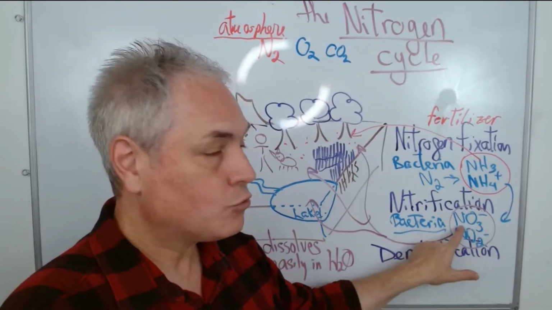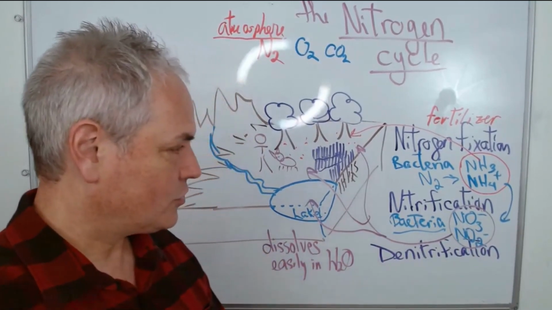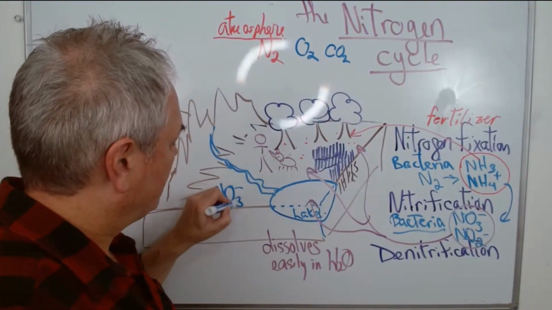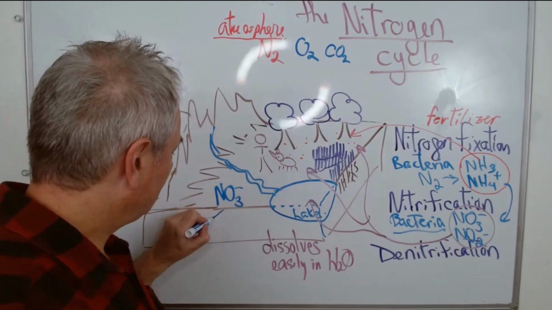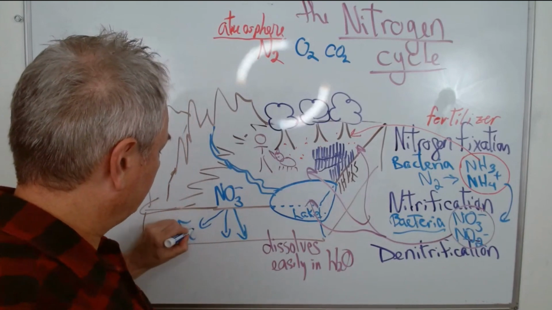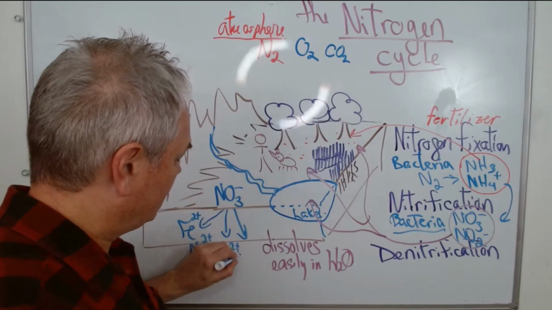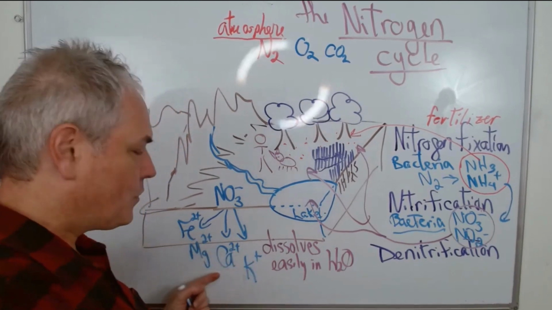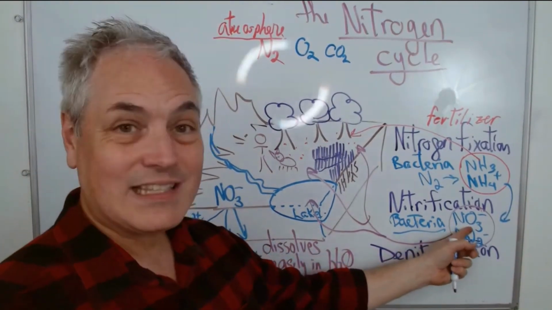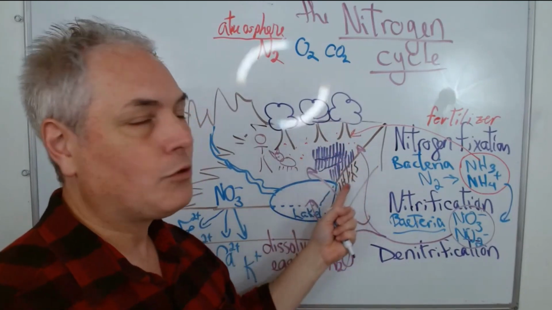But on top of that is that those groups of atoms here, they have a negative charge. And that negative charge will be happy because if you have, for example, NO3 with a negative charge, this will attract minerals as well. For example, iron, magnesium, calcium, potassium. So when you have these minerals here that will attach with the nitrate, these nitrates will be absorbed by the trees as a nutrient, but also the plants as well.